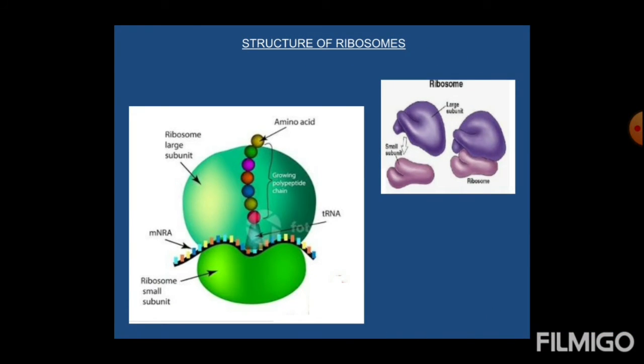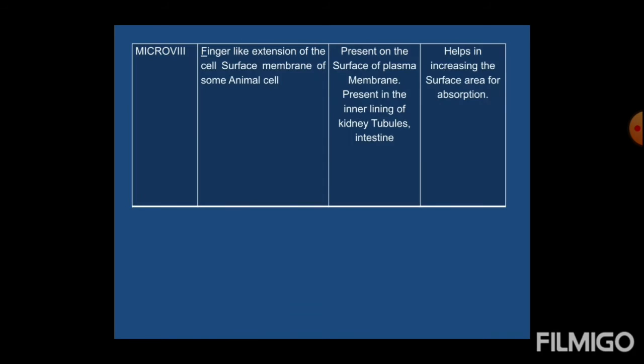In the other diagram, which is in green, there is a larger unit of the ribosome and a smaller unit of the ribosome. Together, when they fit together, they form a structure like the numeric 8. The smaller unit of the ribosome fits like a cap on the larger one. You can see again in the diagram how they are joined. The function of ribosome is that they actively take part in protein synthesis.